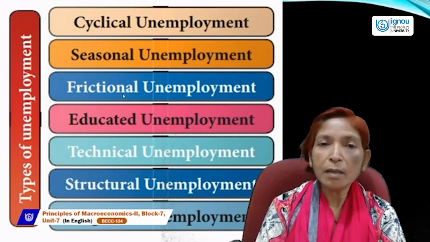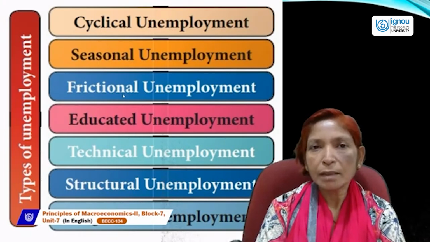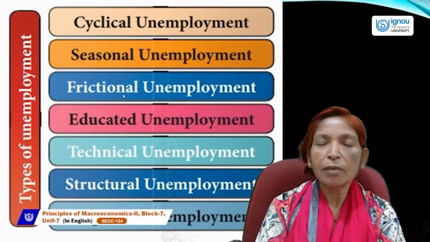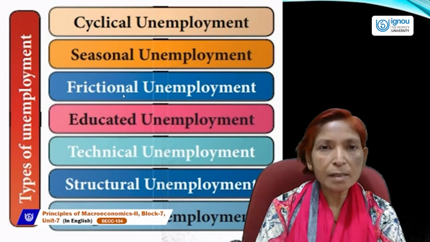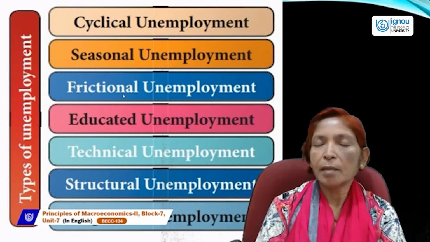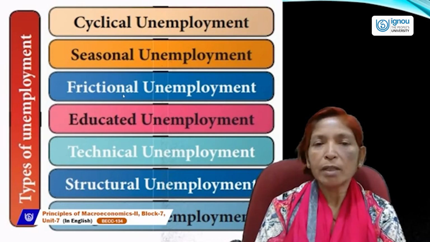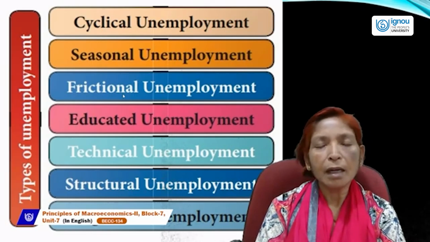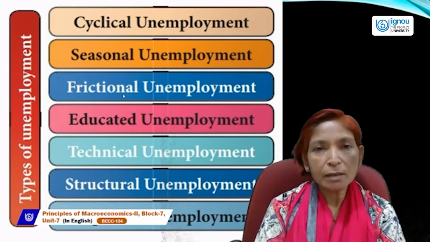So in a situation of boom, unemployment does not exist. But at the time of recession or depression, when demand is less than supply, unsold stock will be left, and producers will not be encouraged to produce in future. In that case, when supply will not increase, investment will not increase, and employment opportunities will not be generated. In this situation, unemployment occurs. And this type of unemployment is called cyclical unemployment, which mainly exists at the time of depression or